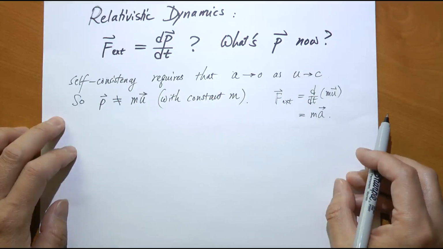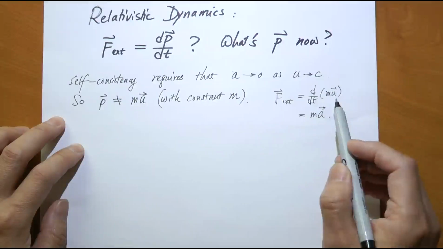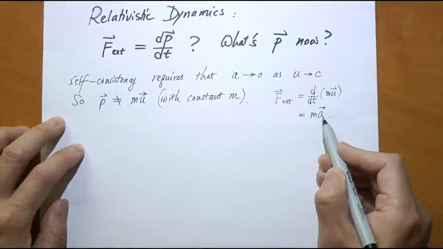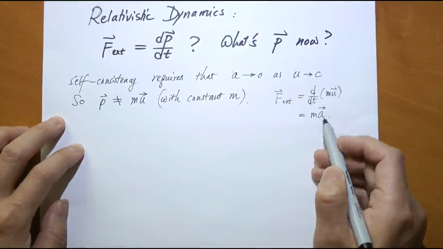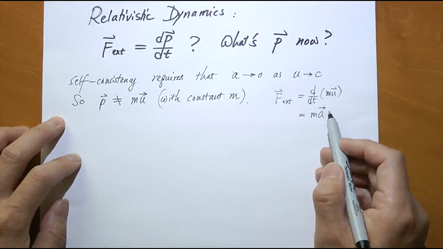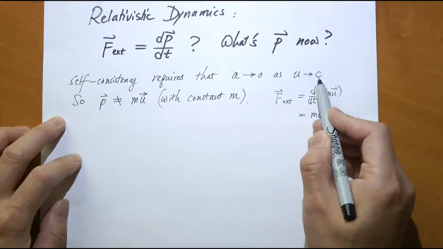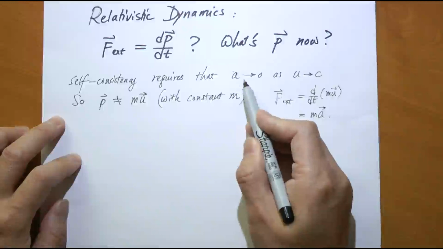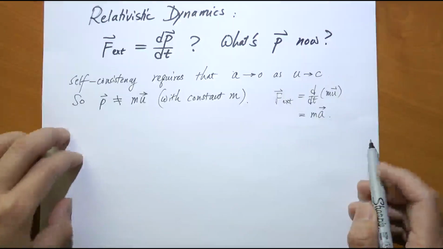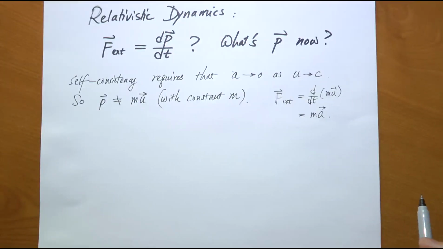So to be self-consistent, we cannot keep the same definition of P equals mu, with m being its fixed mass. Rather, we have to somehow modify it so that as the speed of the object approaches that of light, the acceleration must reduce to 0. So therefore, P is not equal to mu anymore. So how do we make that modification? Well, our hunch